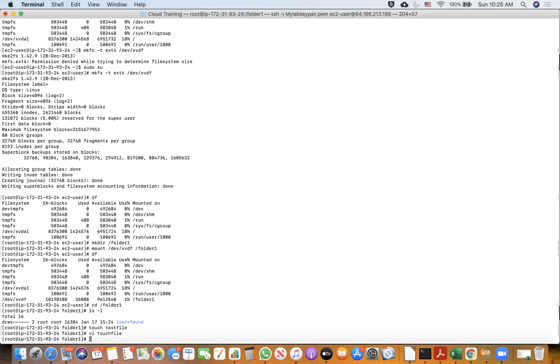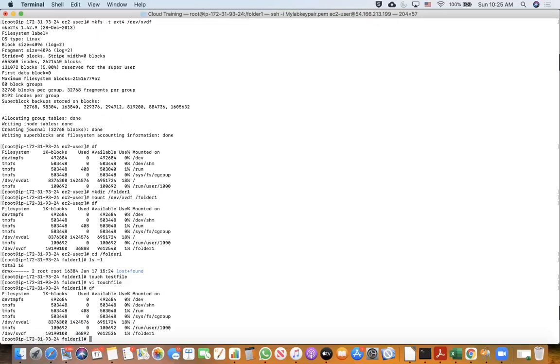As you can see, last time when we did df, 36,888 was the used space. Now let me try that again. You see that there is a minor increment, 36,892, because I made a very tiny small file. So 4 kilobytes of storage is taken. So this is how storage actually works, what I have demonstrated to you in real time.